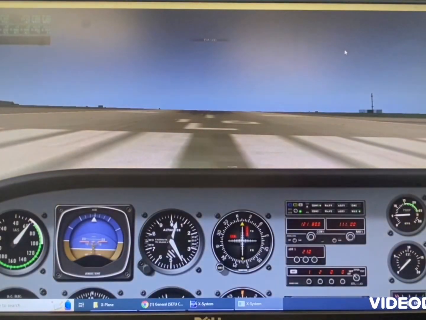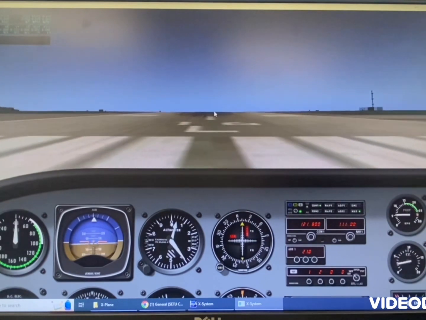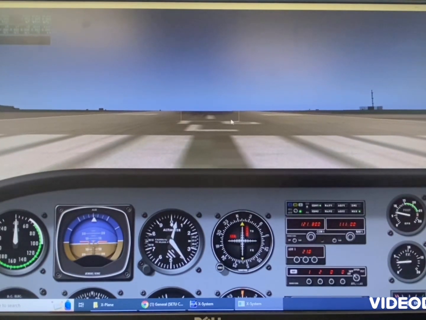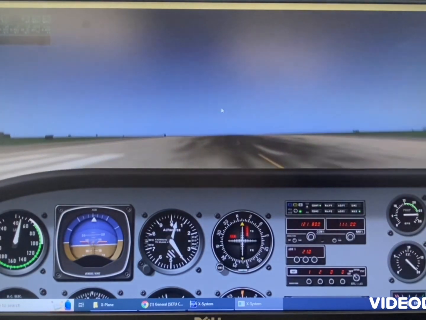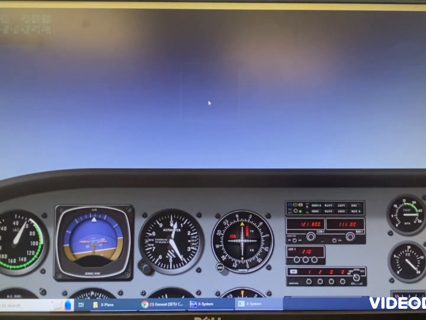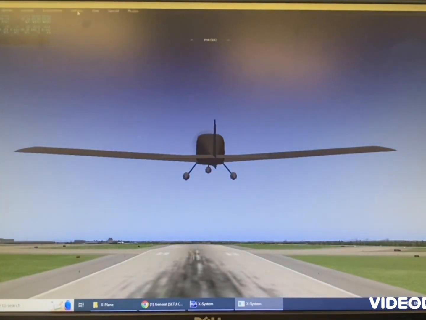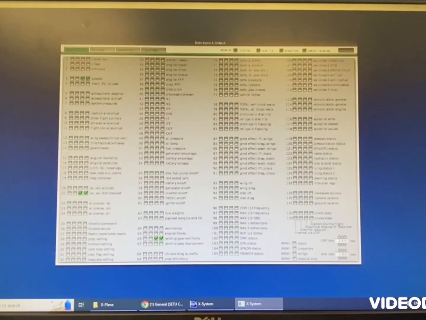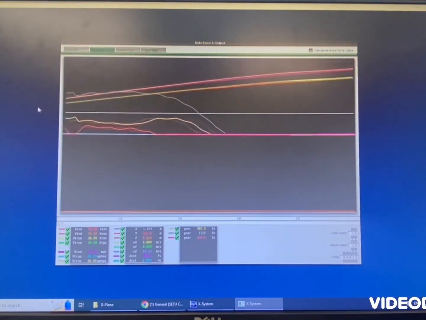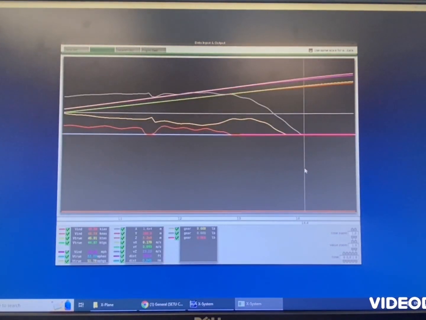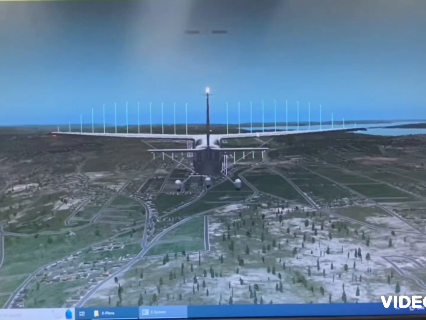We're going to go into our plane and we're going to be taking off so we can record the takeoff distance. And now taking off. So then we're going to go into our data and we're going to look at the graph, and where all the vectors are at 0, we will record the takeoff distance,